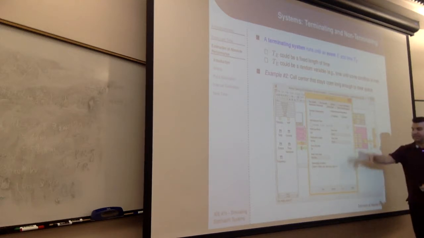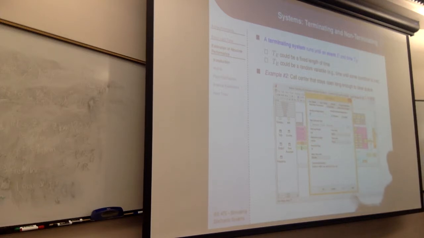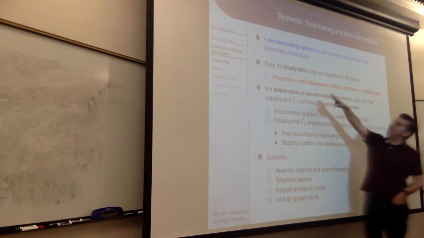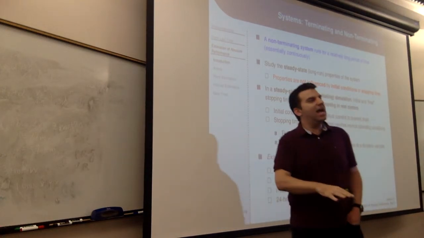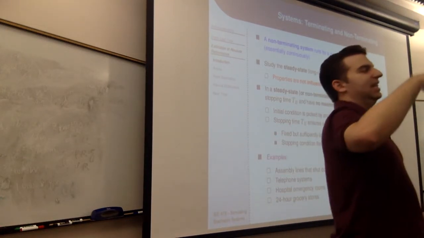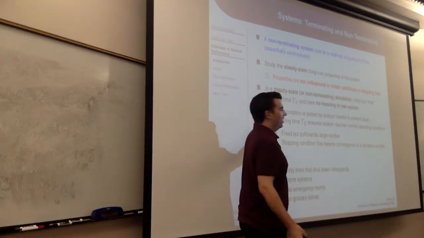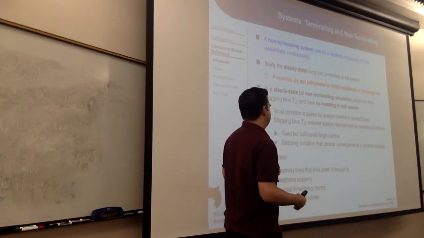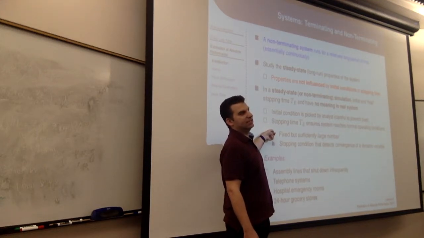So a transient simulation is one where we care about the entire simulation, not just the part right at the end. Now I can contrast that with a non-terminating system, and so I study the steady state properties. So I don't care about the system when it starts. I only care about the state that it sort of settles out at. And I stop it at an arbitrary time that is just long enough to ensure that it has reached steady state. So I might stop it at some large number where I think all the transients have died out,